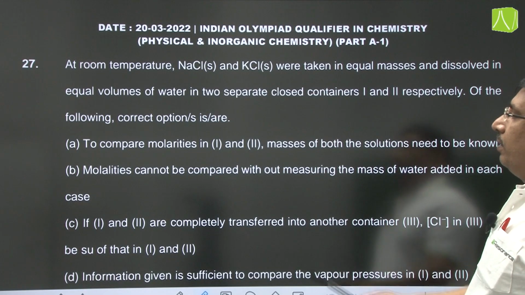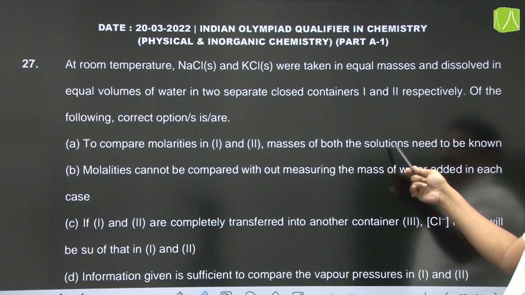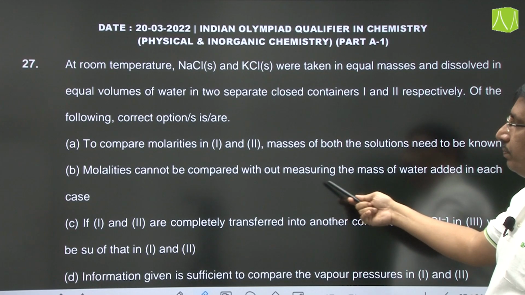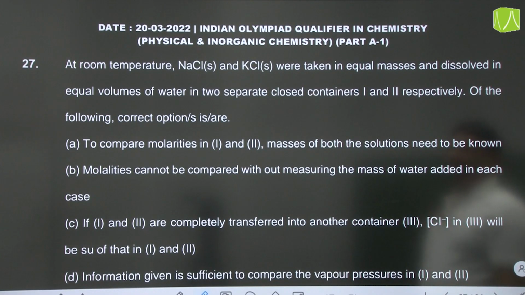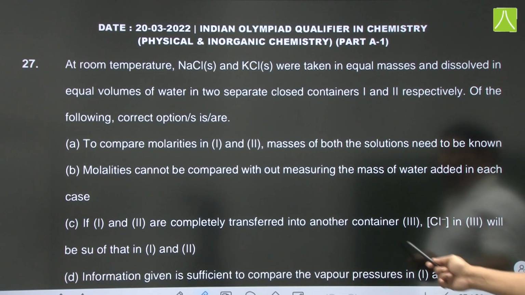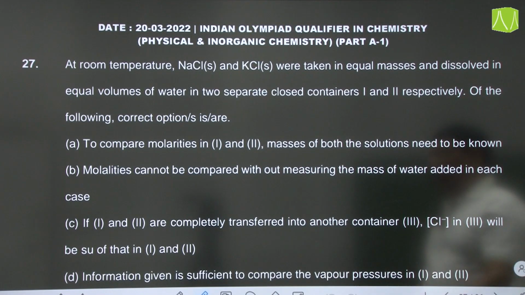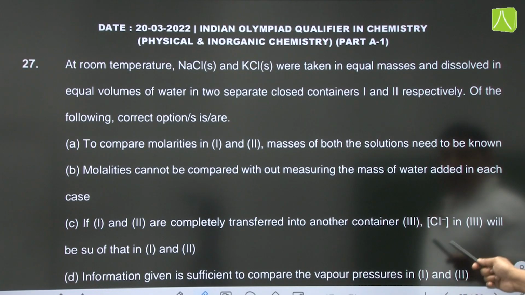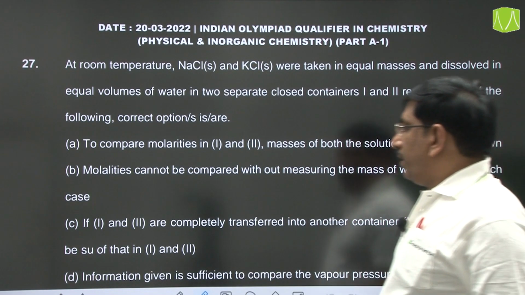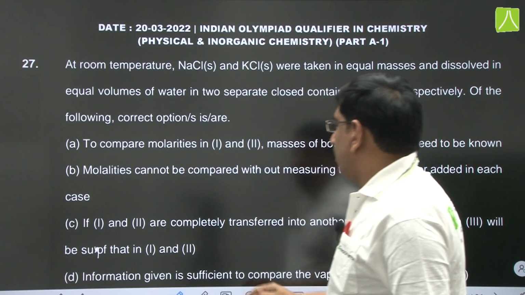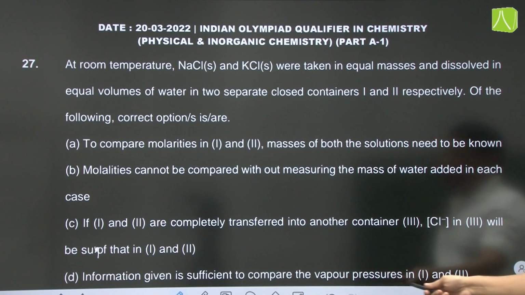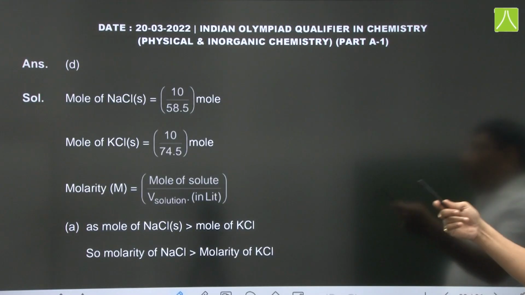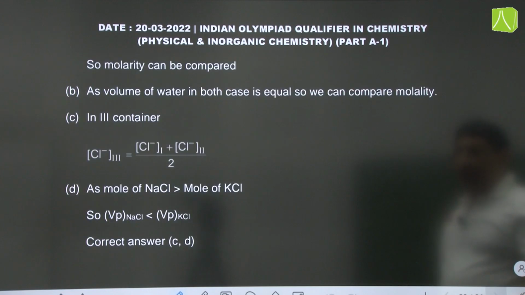एक बार आप अब देख लें। To compare molarities 1 and 2, masses of both the solutions need to be known. Yes. अब इसमें molarities cannot be compared without measuring the mass of water added in each case, and third option, if 1 and 2 are completely transferred into another container 3, Cl minus ions concentration in third will be sum of that, yes, sum of that in 1 and 2, and fourth, information given is sufficient to compare the vapor pressure in 1 and 2. So इन options में आपको यहाँ fourth option आप देख सकते हैं, ये fourth option सही है।